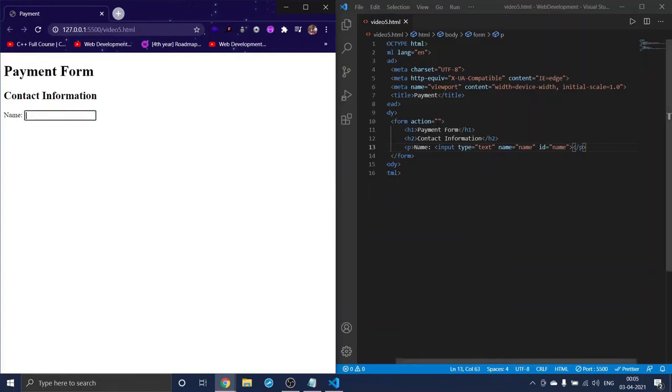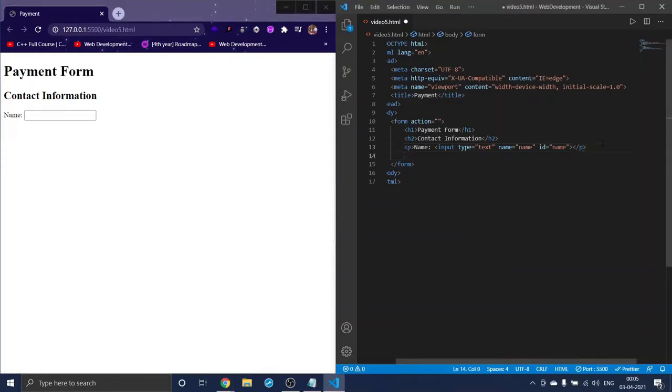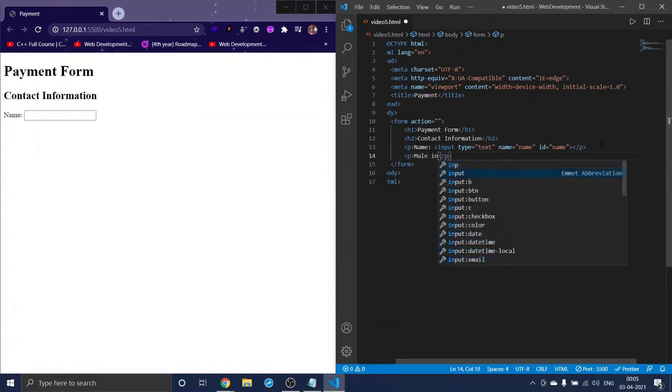Let me clear this, and after name I want gender. So for that I will use a p tag, and in that gender, or directly we can use male, and in that male what you can do is an input element which will be of type radio button.